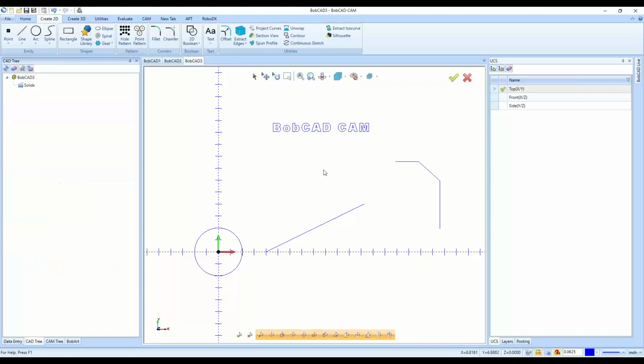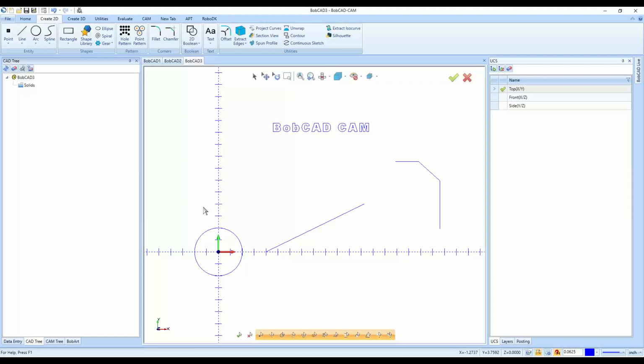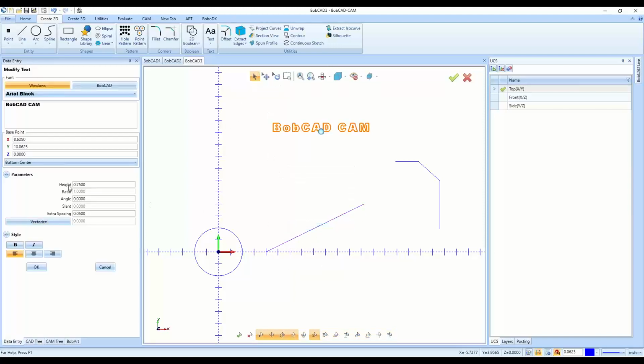Now, after modifying, the other option in the text feature here is going to be vectorize. So we can vectorize the text and make it into lines and arcs as geometry. For some reasons, for other software, CAD software programs, you might want to export this into. It might not want text as an entity, and you can easily vectorize it, make it into lines and arcs. It could also help for